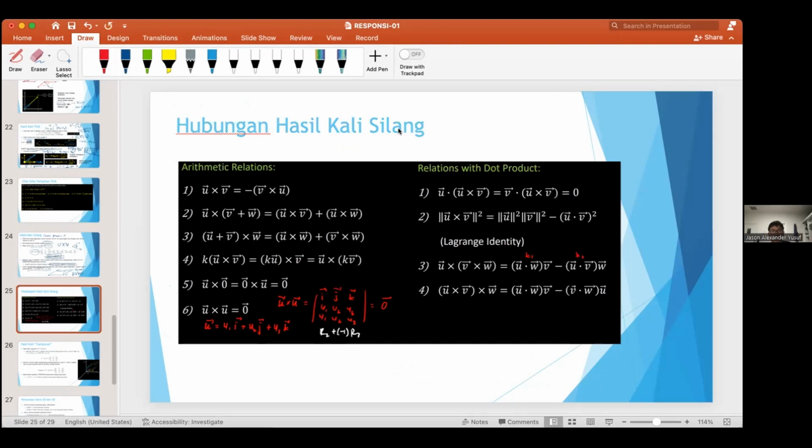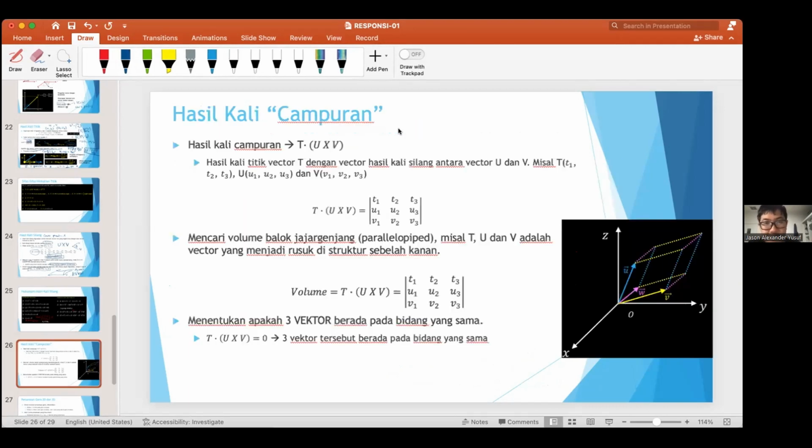Okay, so these are the relationships for cross product. If you want to challenge yourself, you can try to prove the Lagrange identity there. If you want to challenge yourself, right? Okay, so